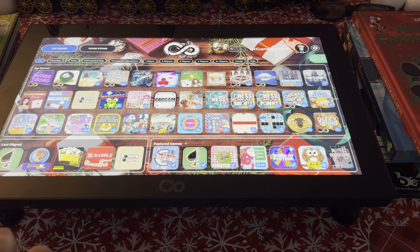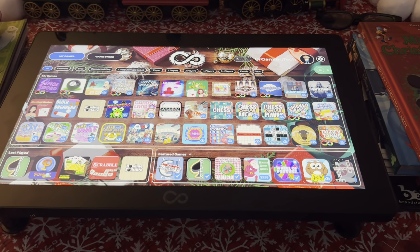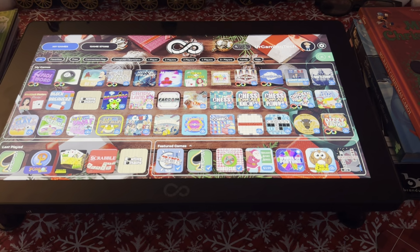So this is awesome to now be a portable device with a bunch of board games on it that I bring to my family's house and we all have a lot of fun with, and friends' houses. And then I leave the 32 inch at home, where when I'm home and we have giant parties, it's great to be able to use that 32 inch screen. And this one, even though the hardware is exactly the same, the touchscreen is obviously a different size screen. And because of that, this is actually more responsive than the 32 inch. So what I like to do is I play a lot of the board games and stuff when I'm home